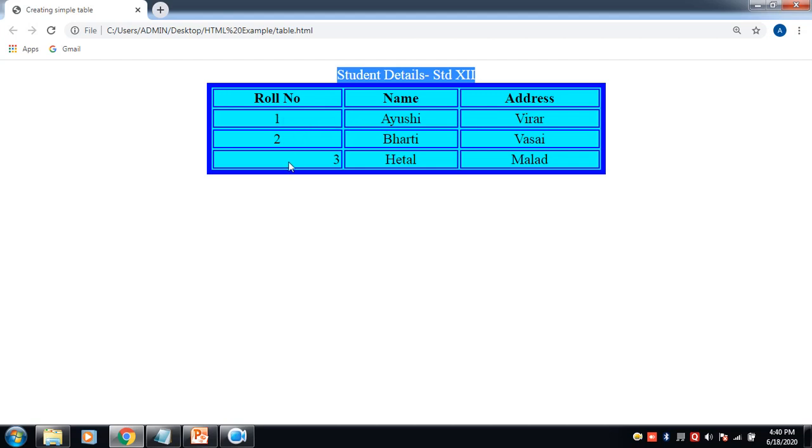The last table row contains the first table data, which is right aligned. Okay, we have given table border to this. We have given border color. We have aligned the table to the center, and set the width as 50%. Hence, it is occupying 50% of the total browser width.